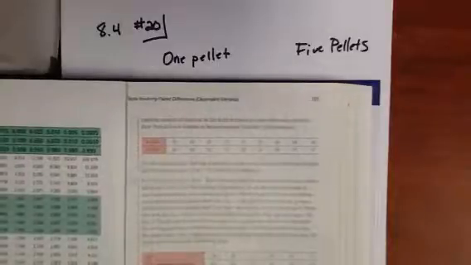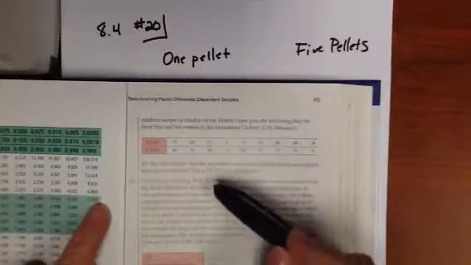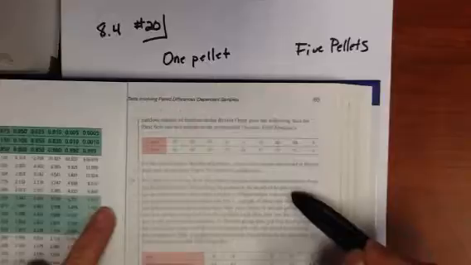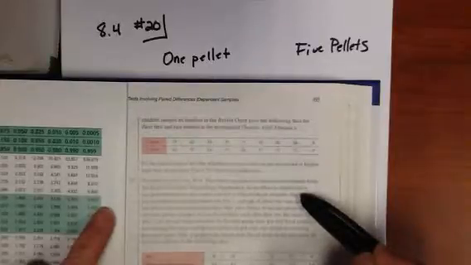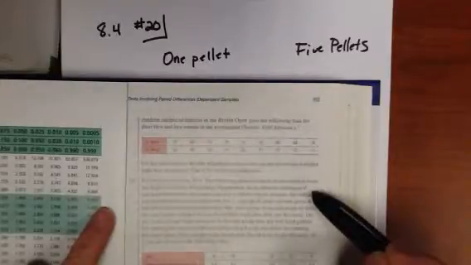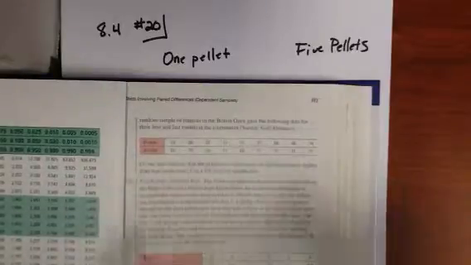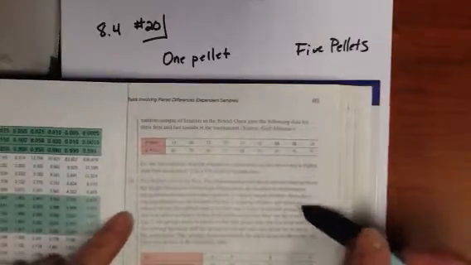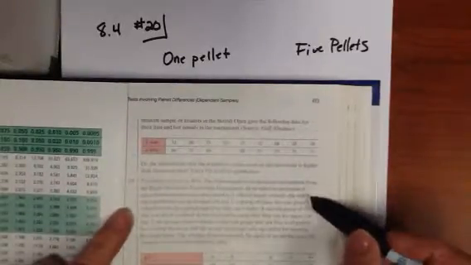Let's look at another example in 8.4. Let's look at number 20. The following data are based on information from the Regis University Psychology Department. In an effort to determine if rats perform certain tasks more quickly if offered larger rewards, the following experiment was